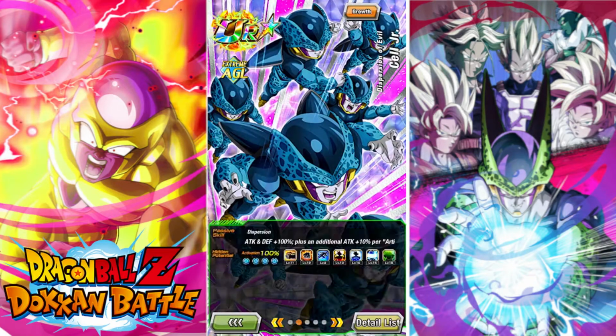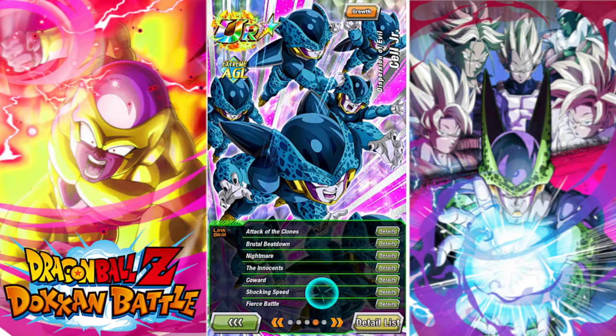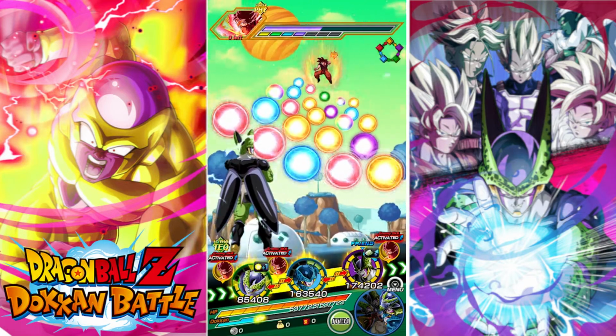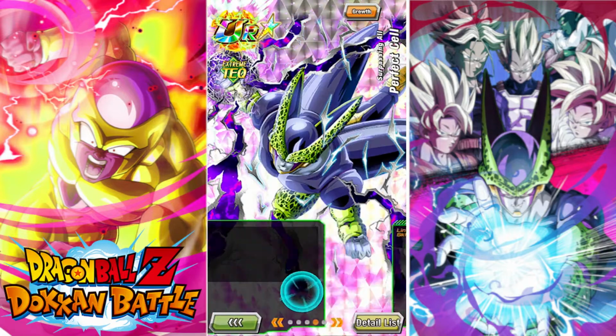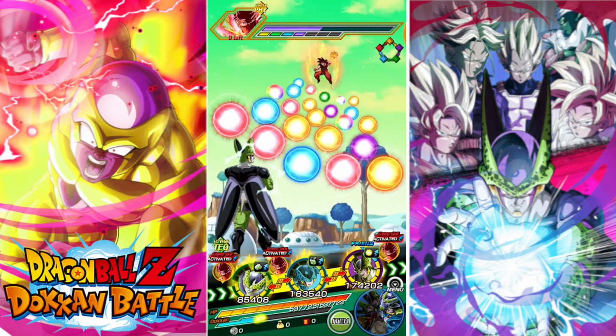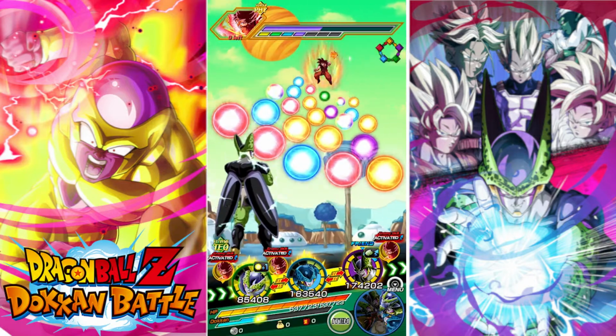See, like, the Cell Jr. has shocking speed, which you would think, oh, that's so good. That's such a good link for them to have. But look, they're not sharing shocking speed with anyone on this team, because what is the Cell's ultimate life form? If they just swapped shocking speed with ultimate life form, as weird as that sounds, they would be so much